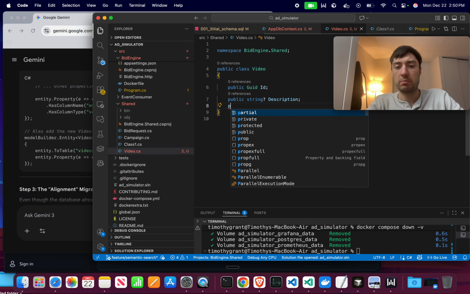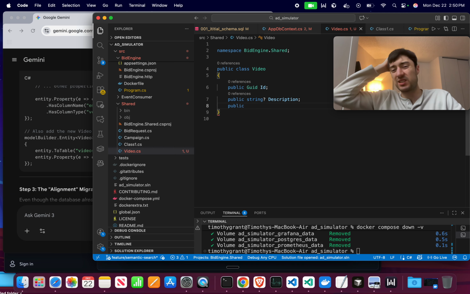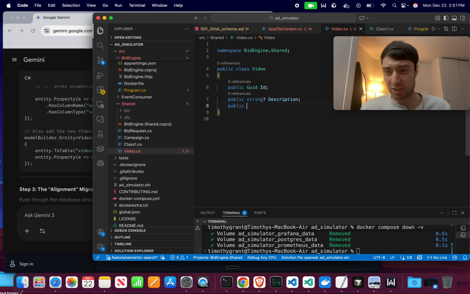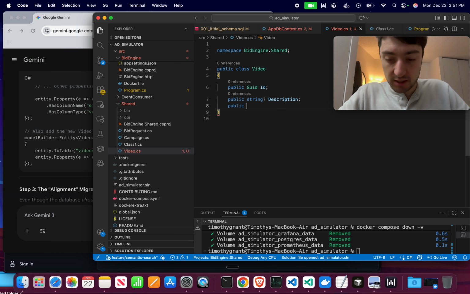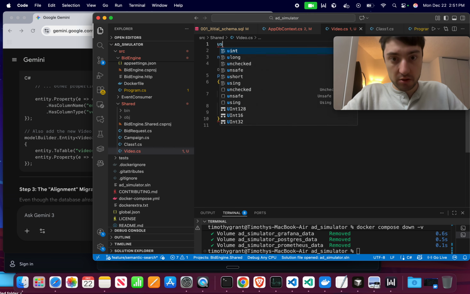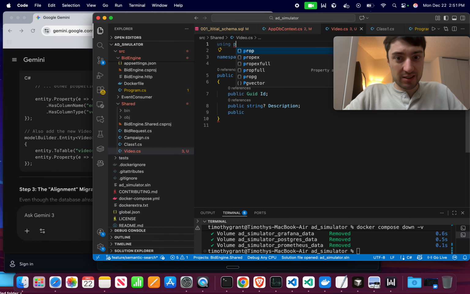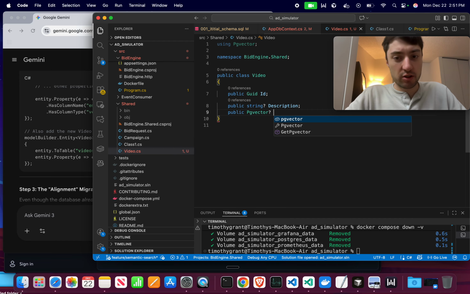We need a public what? Vector? Oh man, how do I represent this in C sharp? PG vector. Can I actually do that? So then I would need using PG vector, public PG vector could be nullable